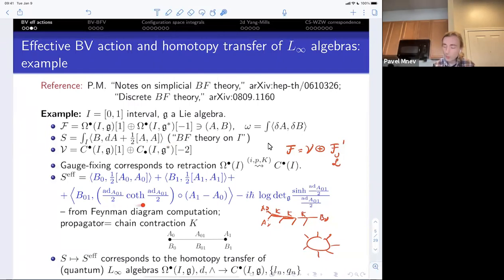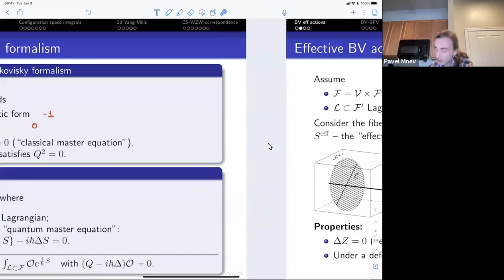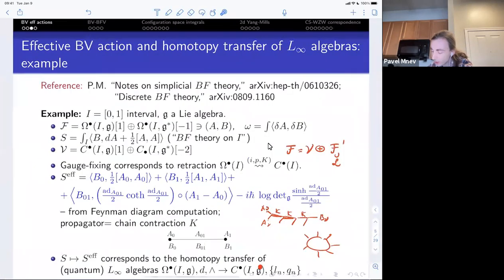And it has these Bernoulli numbers, they assemble into some trigonometric functions. So, this action satisfies the master equation. And also it has a neat interpretation that one can see this action as a generating function for a certain algebraic structure on cochains of the interval, cell cochains of the interval, with coefficients in the Lie algebra,